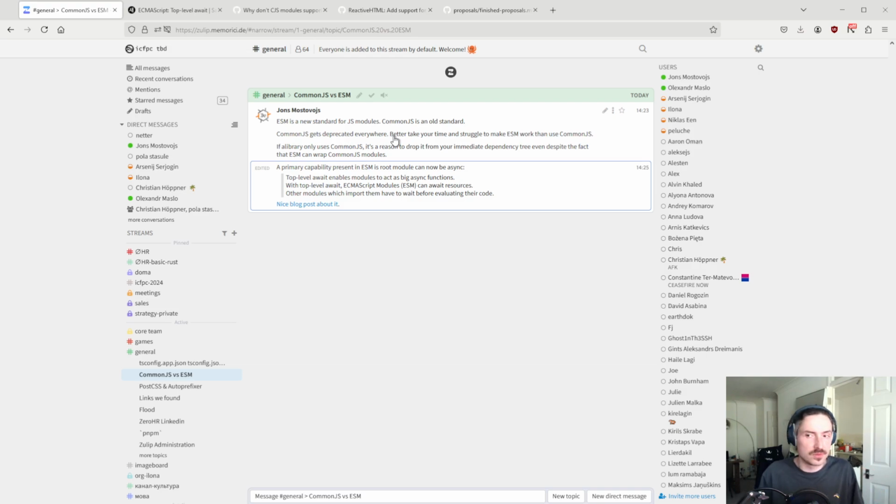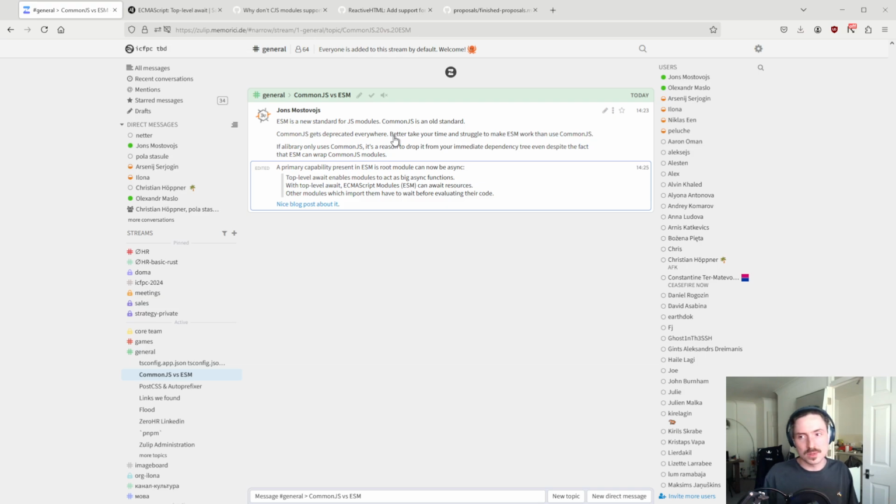And to do that, we first need to understand what is ESM, what is CommonJS, blah, blah, blah. And there is this misconception that I had, that CommonJS and ESM were developed in parallel. But as far as I understand now, after research during the live episode, CommonJS is kind of like an ad hoc solution that came before ESM, and then the ECMAScript committee, or whoever is in charge of ECMAScript, also known as JavaScript, got together and they were like, you know what, guys, CommonJS is cute, but